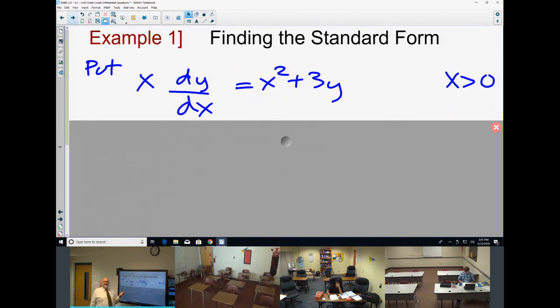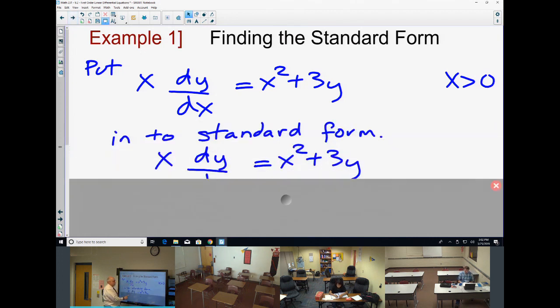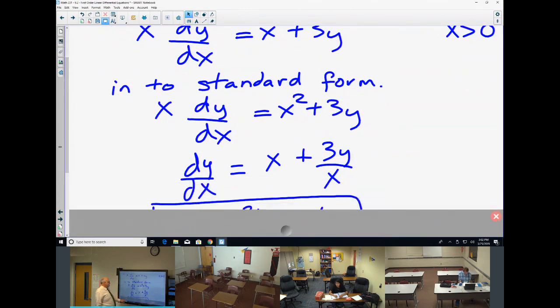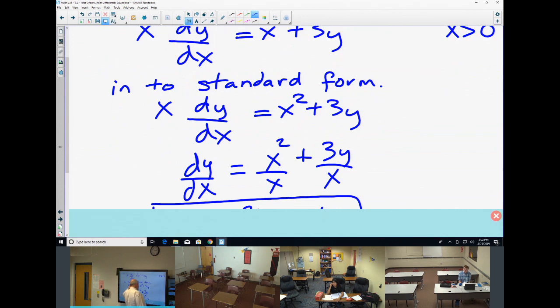If we want to put this in standard form, what we want to do is start off with dy/dx by itself. So we need to get rid of this x. To get rid of the x, I'm going to divide everything through by x. Then I'll get just dy/dx equals x squared divided by x plus 3y divided by x. So then when I simplify,